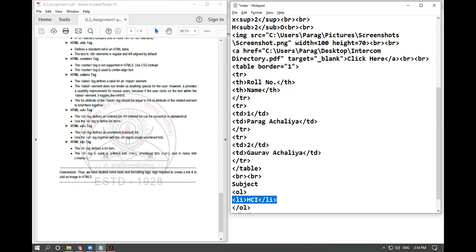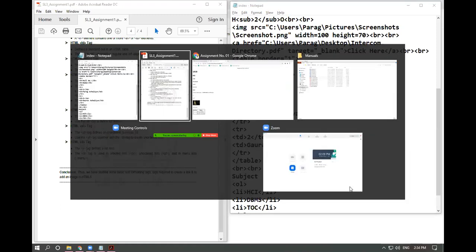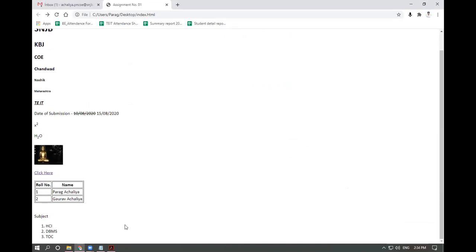HCI, then DBMS, then TOC, like this. You can see on the screen below the table, the subject list is there, and I have created the ordered list.